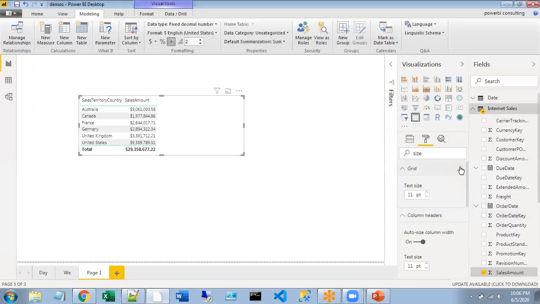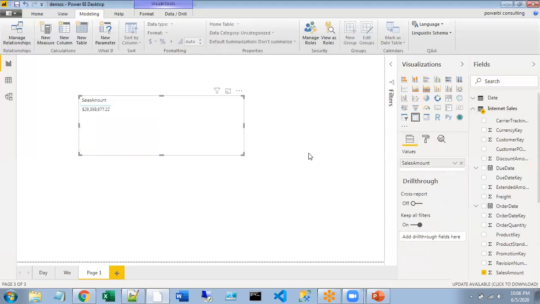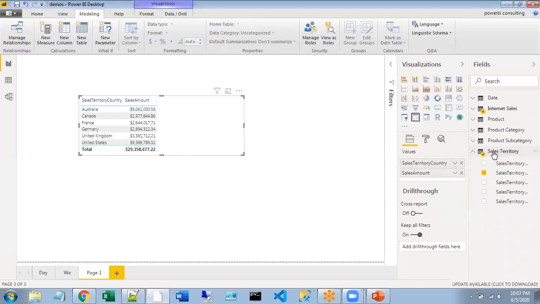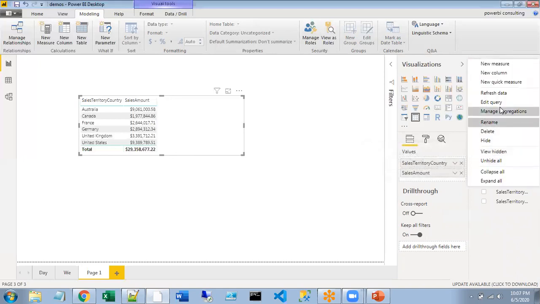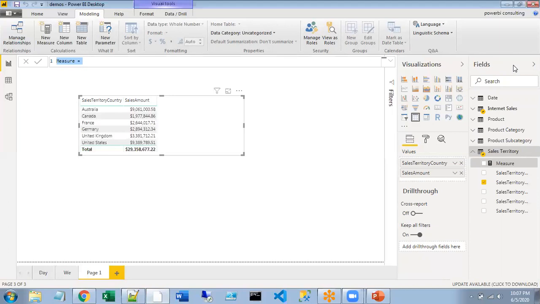If you take the country from the visual, it gives you a total value, but that's not the story, right? So we need a country and a total sales. That's where your measure comes in. You are creating a new aggregation based on the requirement.